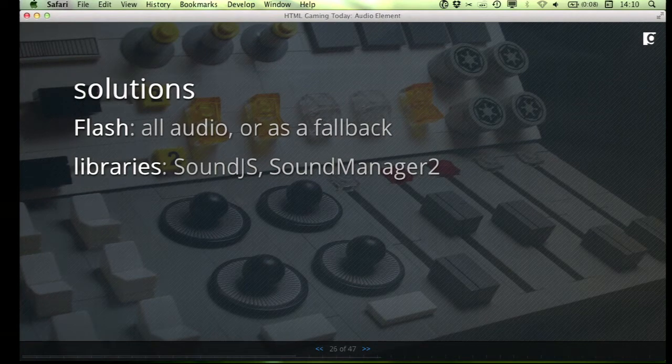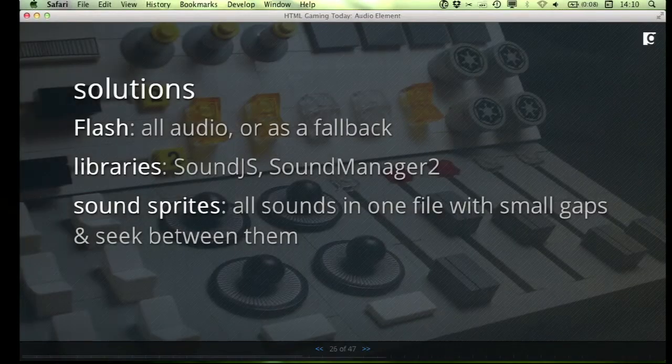Sound.js is a library that we wrote and open sourced, mainly targeted at games, and it basically manages a lot of that logic around interrupting previous sounds, assigning multiple channels to sounds, things like that, and abstracts it away from you. It's pretty purpose-built, though. Hopefully it will go extinct as soon as audio on the web gets better.